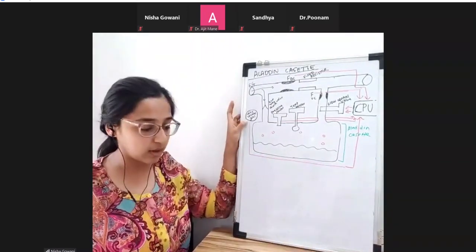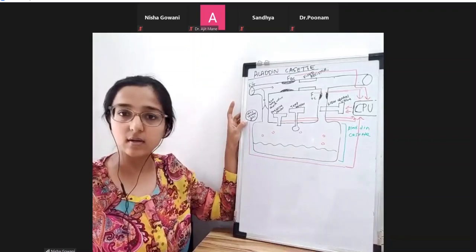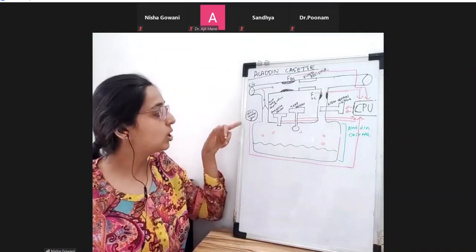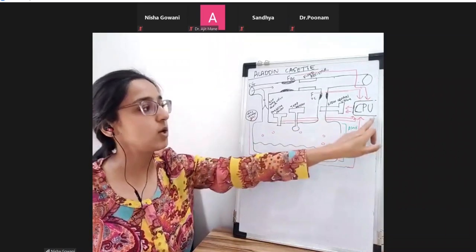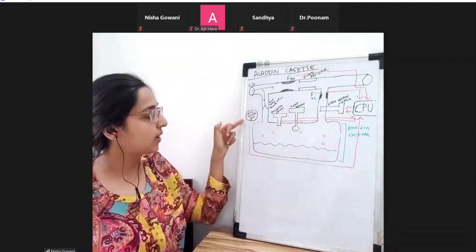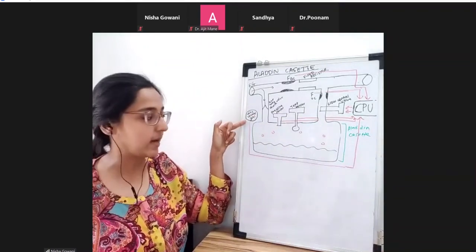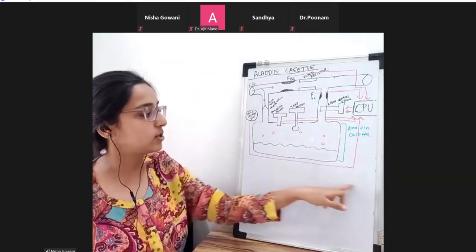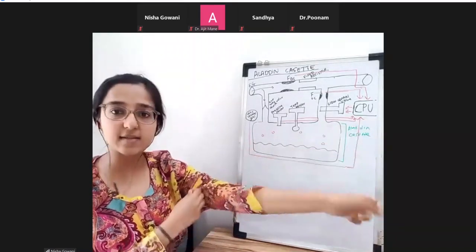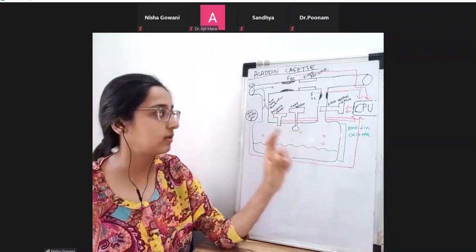So you know that we have a concentration control dial, where we decide what percentage of the agent we need to deliver. The CPU receives inputs from multiple sources. One is the concentration control dial. The input from here, shown in a red line, goes to the CPU, because I have set a particular concentration that I want to deliver.